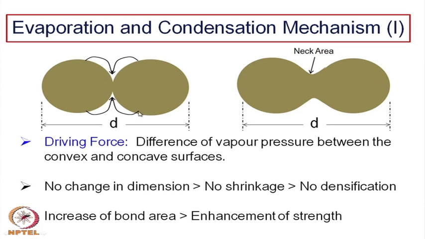It will evaporate at different points, and then there will be some vapors of the same material in the gas phase, and because there is a concentration gradient, with much lower vapor pressure there, they will try to condense. So, the material will evaporate here, go to the gas phase, and finally condense at these concave surfaces,